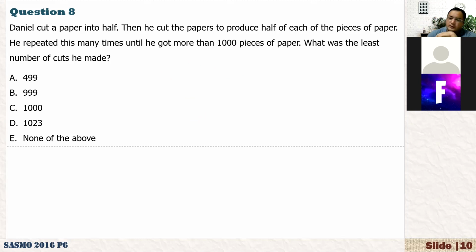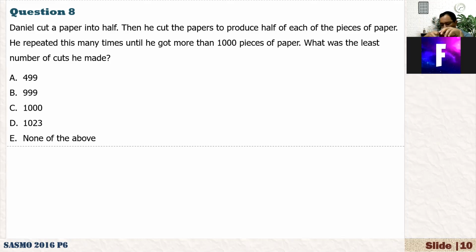Okay. Wagif, can you read the second question? Yes, Mister. Can you read question 8? Of course, 1 second. Daniel cut a paper into half. Then he cut the papers to produce half of each of the pieces of paper. He repeated this many times until he got more than 1,000 pieces of